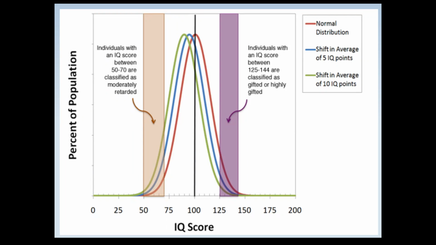She found that an increase in blood lead levels of 10 micrograms, which is the green line, is associated with a decrease in IQ score of 4.5, 4.6 points, almost 5 points. And the blue line, which is a 5,